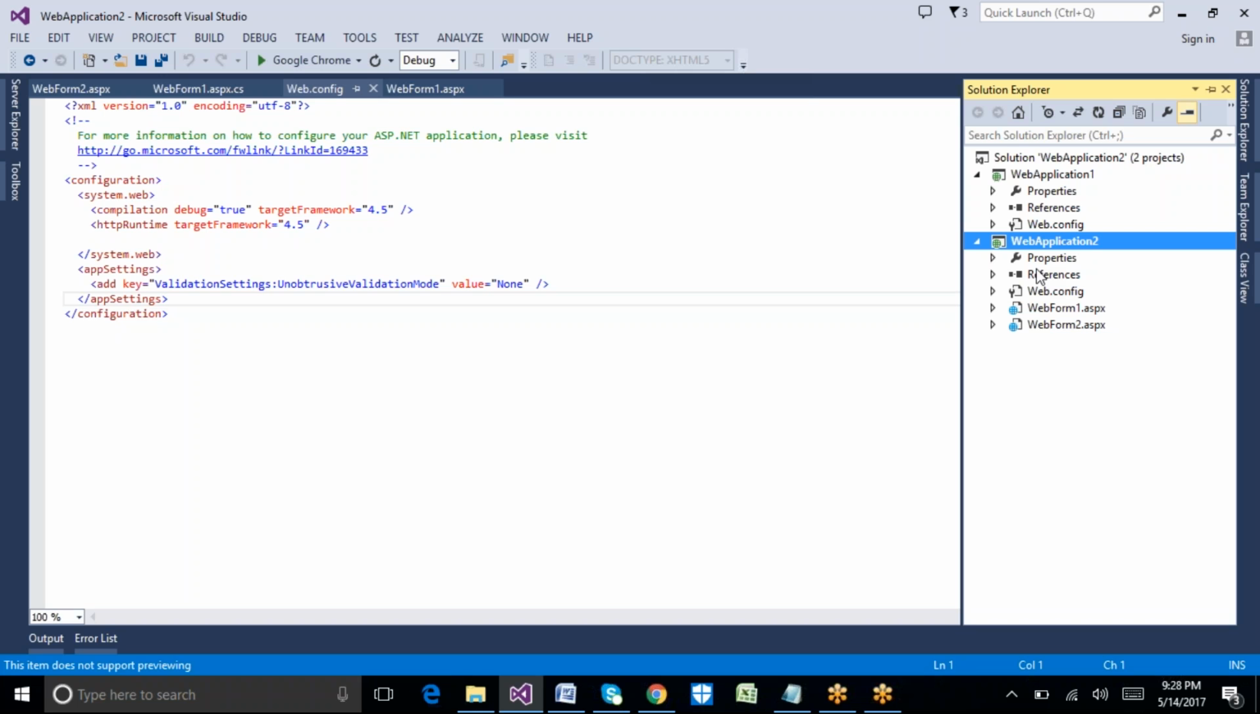Okay. Basically, what you can understand for now is that the web config file will be used for setting up the common configuration throughout the web application. So common properties which we want to set for the entire web application, we can set in the